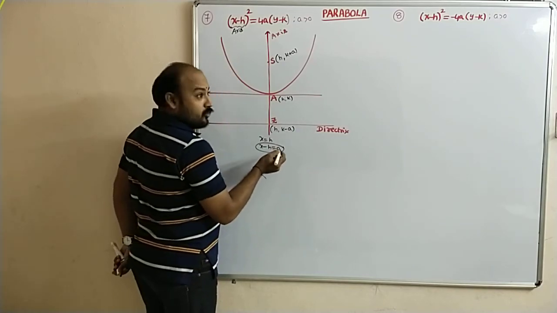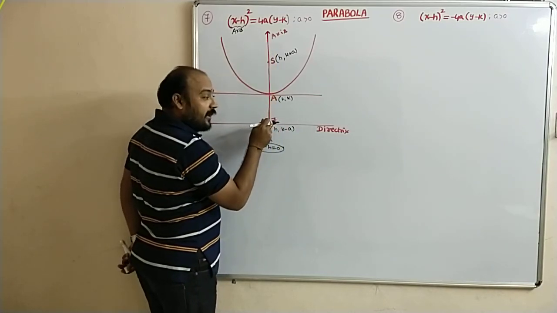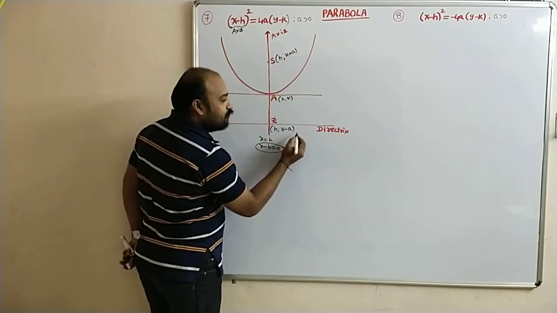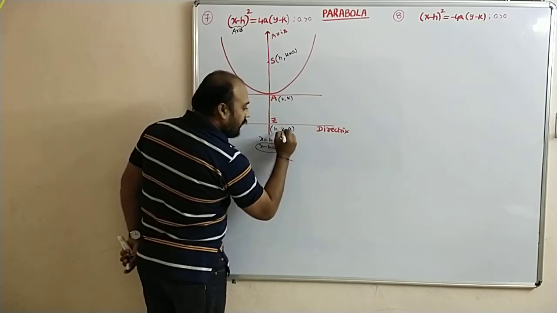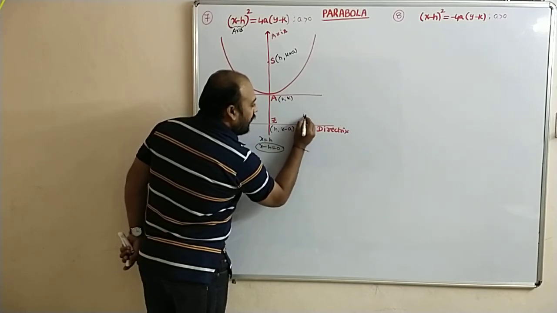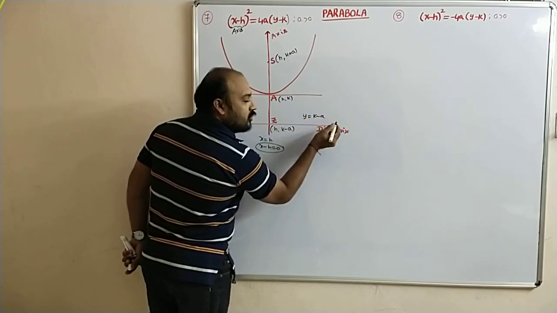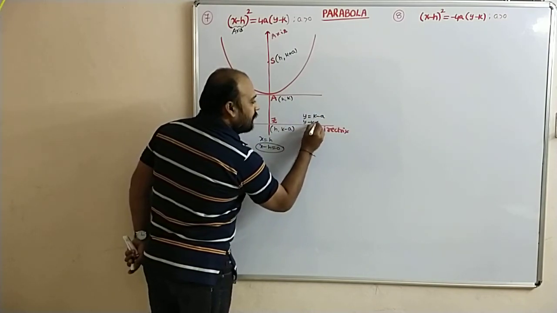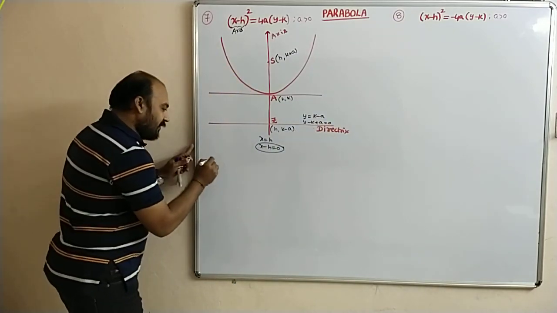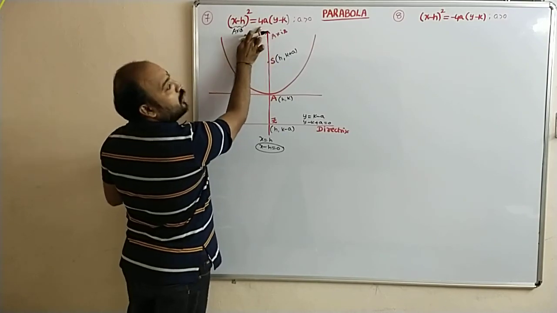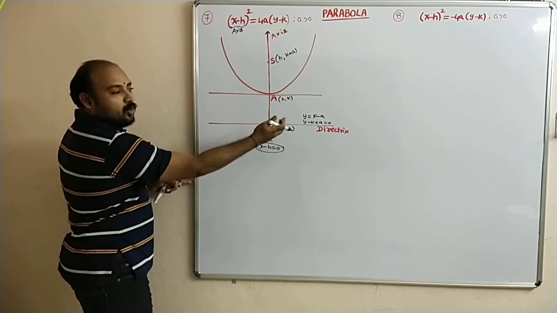Directrix equation: the line which is perpendicular to the axis and passing through Z. So this is called directrix. Directrix shortcut formula: here k coordinate, y coordinate, y is equal to k minus a. We can take the sign: y minus k plus a equal to 0 is called the directrix. Now one by one we will write it. Here also remove 4: y minus k plus a equal to 0.